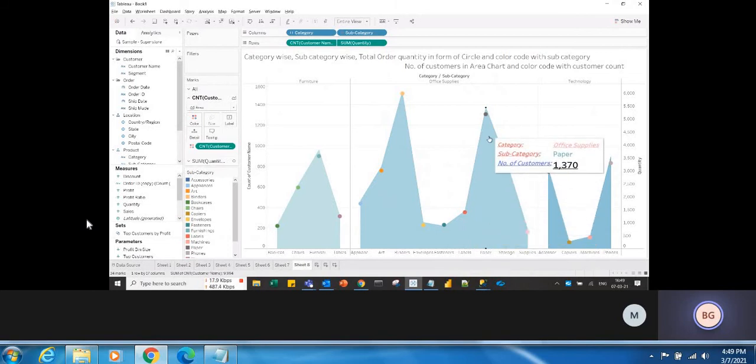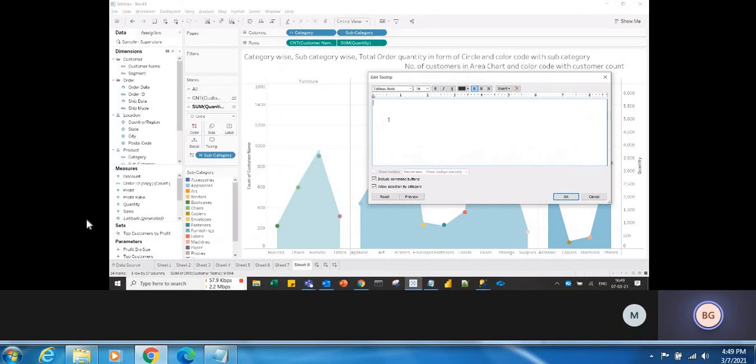Now go to the quantity and see the tooltip. Now nothing is there, so we have already copied it, so just paste it here. I don't want to see this customer count, correct? So delete that. And now if you see the preview, it will show only category, subcategory, quantity. It is not showing number of customers. Okay, so if you want format, you can do it, otherwise leave it.